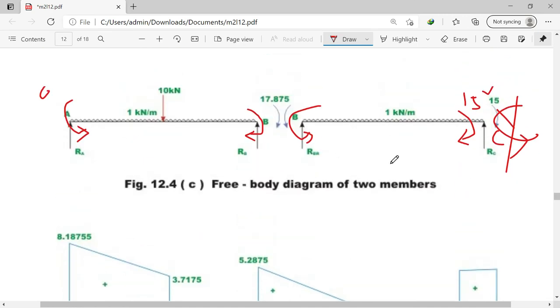It is already shown in the diagram. So we have to split the indeterminate beam into different parts based on the number of spans. Then we have to incorporate the external moment that we have calculated, as well as the external loading which is given, and accordingly solve the reaction components, that is RA, RB separately, and again RB and RC separately. If you solve this, you will get the answer like this.